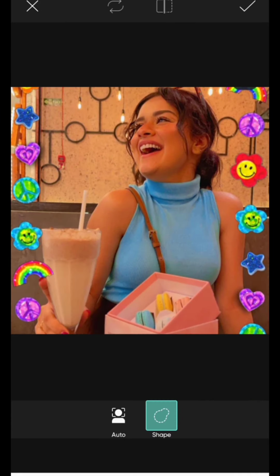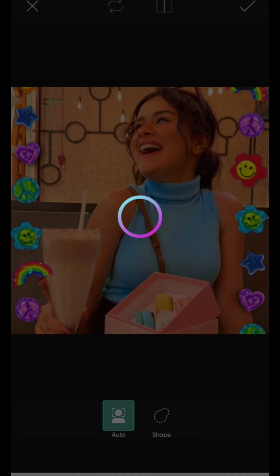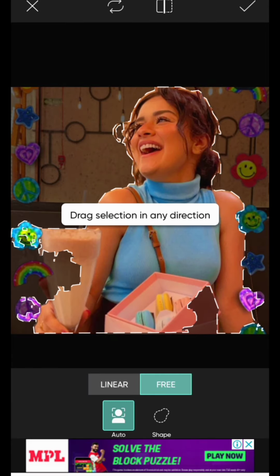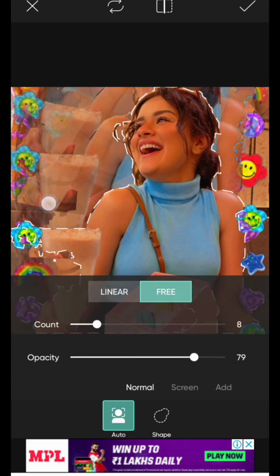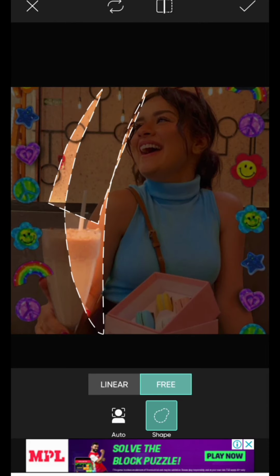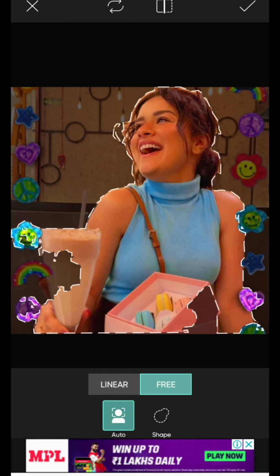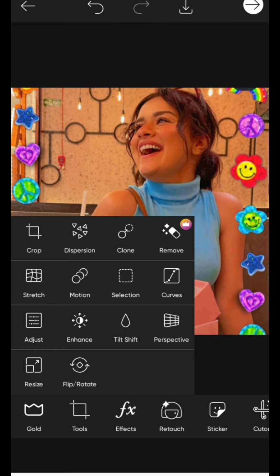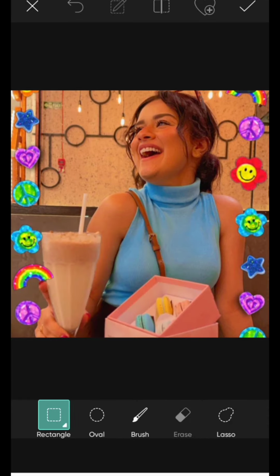Next is motion. So guys, in the motion you turn it on and go to free. This is what the motion does. Okay, so you have seen what the motion does. Next is selection.